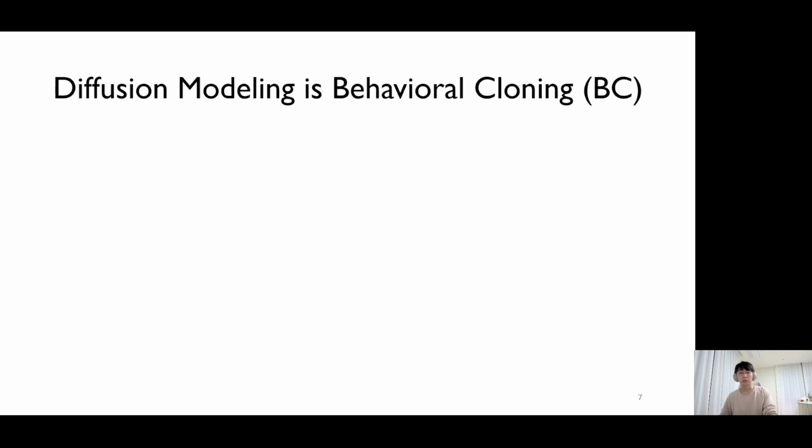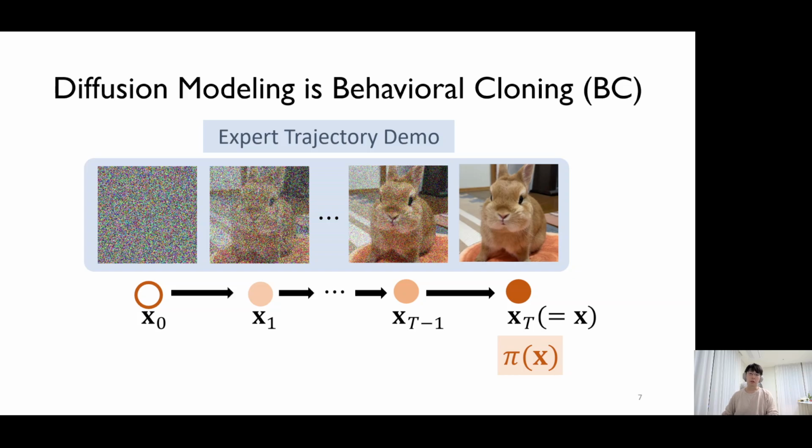The standard diffusion model training can be understood as behavior cloning in imitation learning. Behavior cloning is a popular imitation learning algorithm where we train an agent to mimic the expert action at each state. In a diffusion model, the diffusion trajectory, which is created by gradually introducing noise to data, serves as the expert demonstration. And the policy is trained to follow this diffusion trajectory as closely as possible. This trajectory provides a more fine-grained learning signal to the policy, which I believe is one of the key factors behind the success of diffusion models.